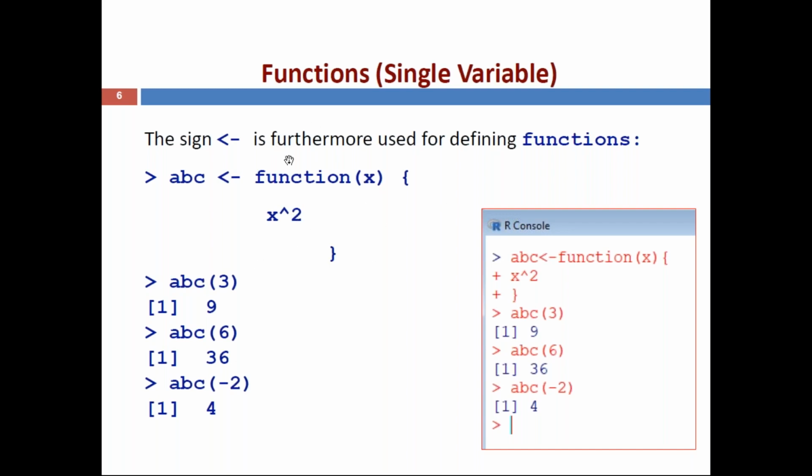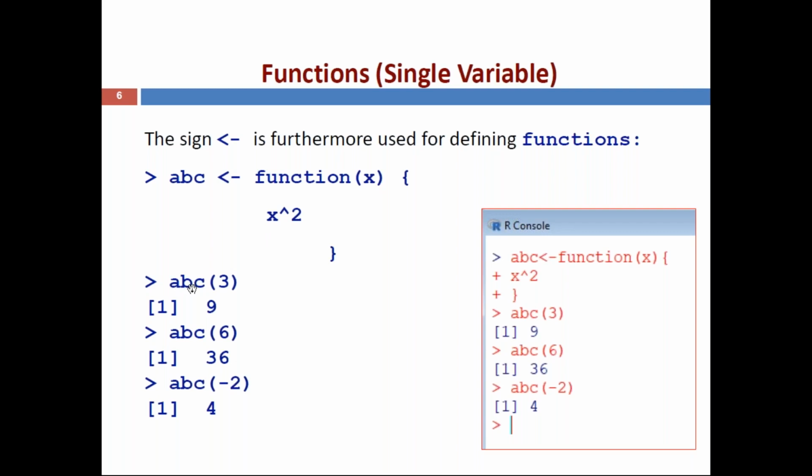Then to compute the function value by passing input to the argument. Here the argument is x. You can substitute in place of x a particular constant value. Then it computes the command x power 2. That can be called by using the name of the function. Here the name of the function is ABC, and the argument is x. Now ABC of x: in place of x, whatever argument value you pass, it calls the function body, then it computes the command x power 2.